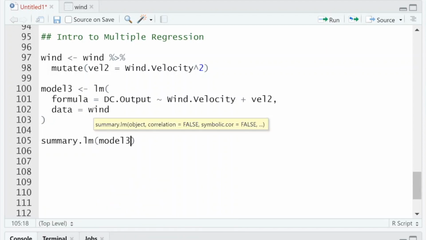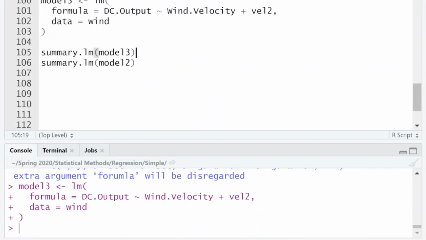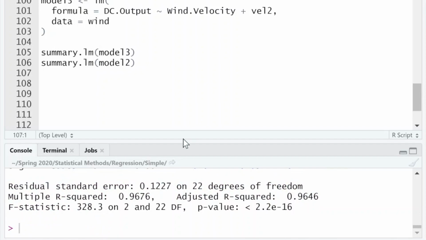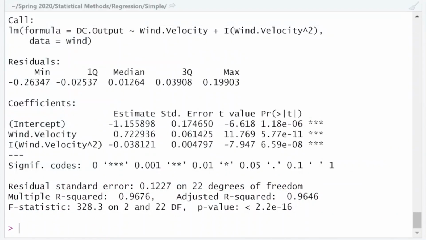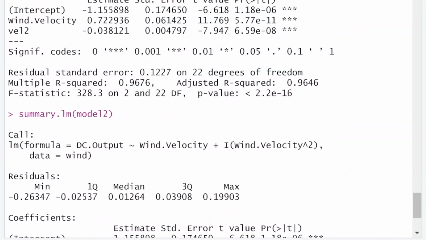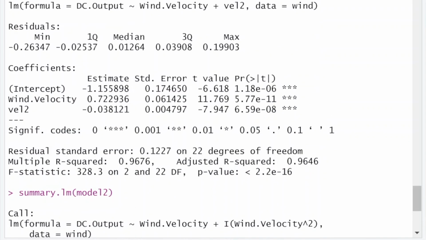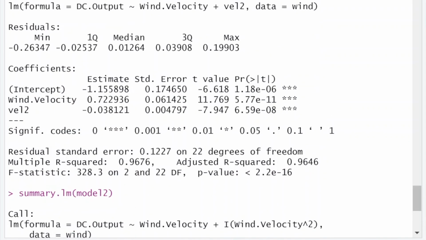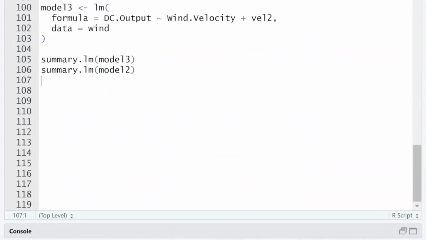Let me do this too. Before running that, I'll do the summary on the second model that we made too, because they should be identical. And we'll see here, if I pull this all the way up, we get an estimate of -1.5 for the intercept. Same thing up here too, for our model 3. In fact, you can pause the video, or if you're doing it yourself, you can kind of see. But how about instead, how about we look at the coefficients of each? And before I run that,